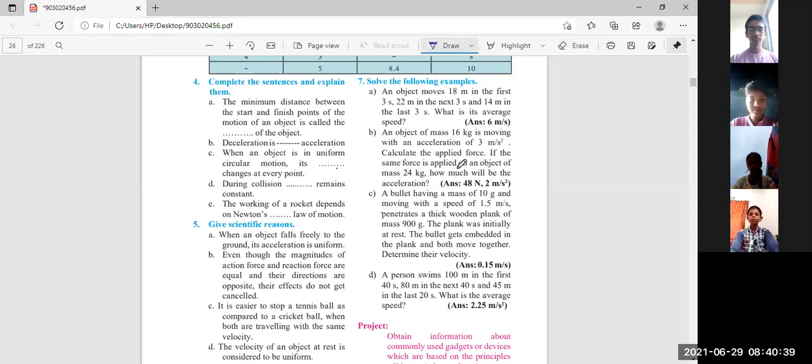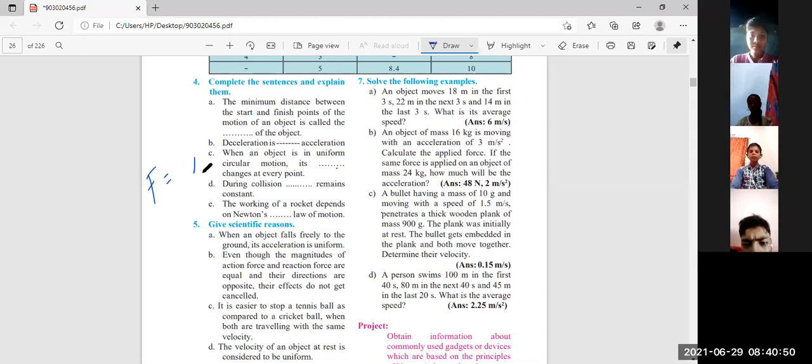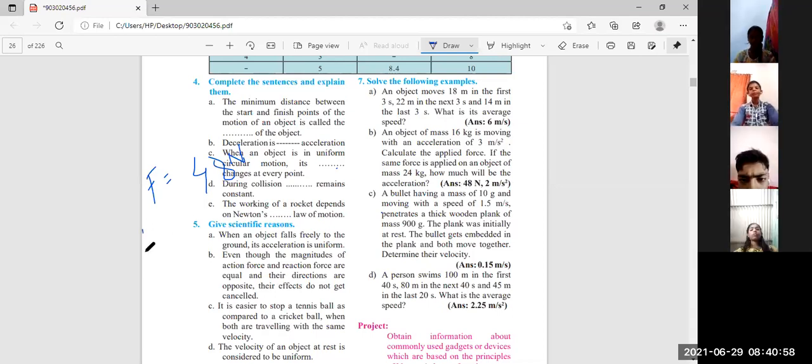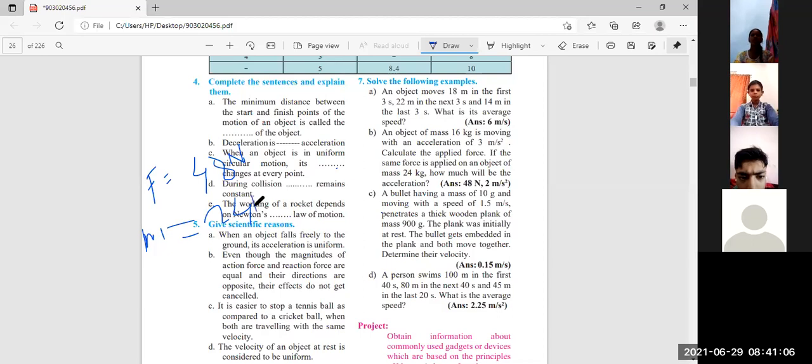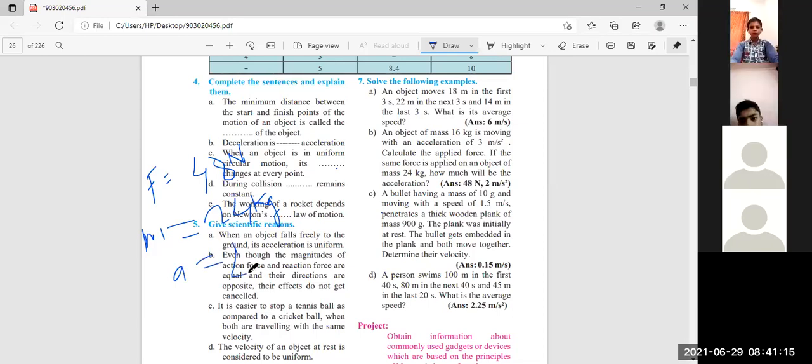Second question: if the same force is applied on an object of mass 24 kg, how much will be the acceleration? The force was what we have just seen, 48 Newton. So here again, mass is given as 24 kg, and we have to find A, A for acceleration. Okay, then put the same formula: F is equal to